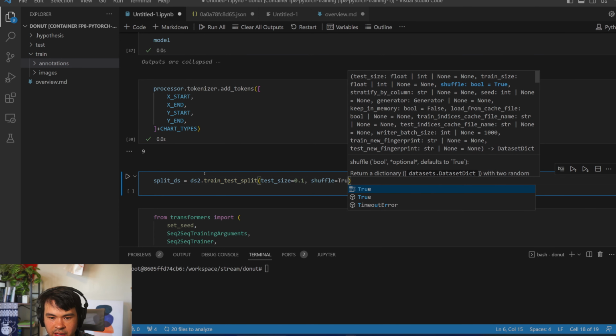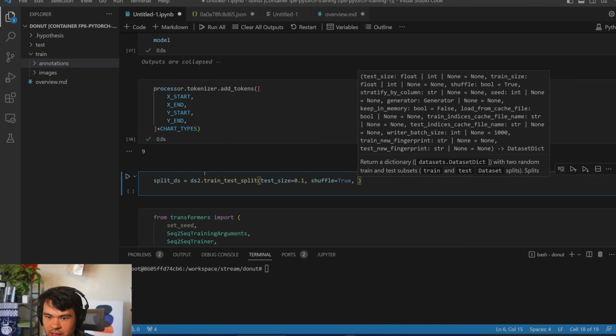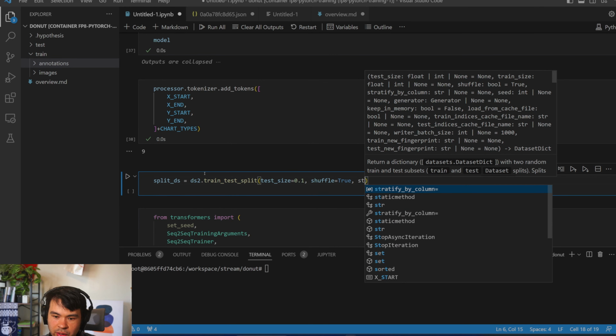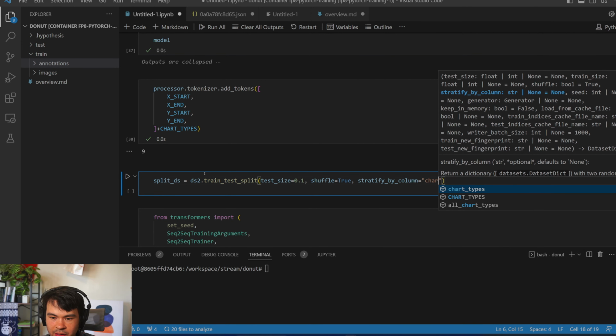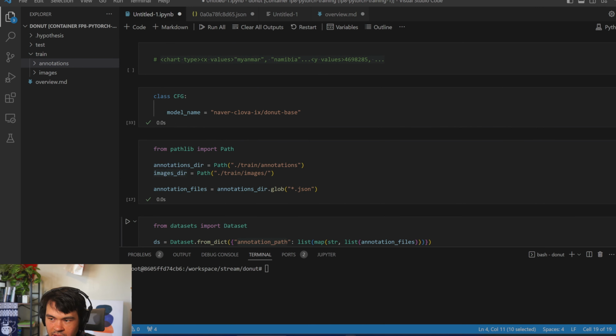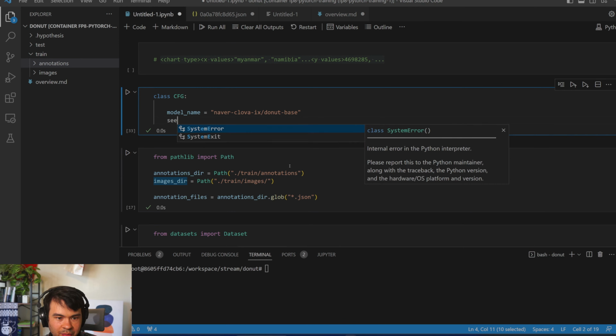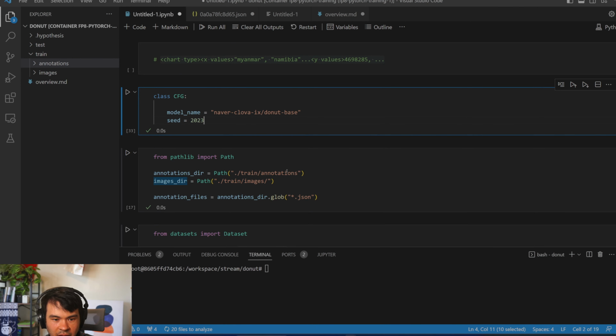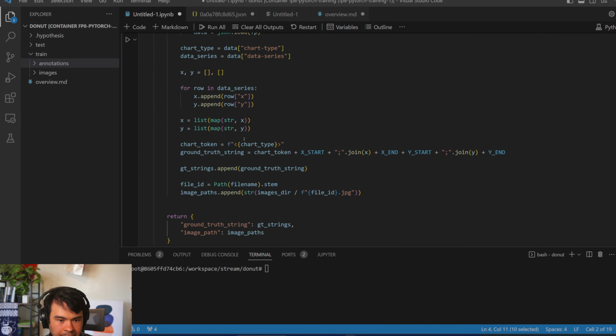Let's shuffle it, and we could even stratify it by column. And isn't there a seed? And I'll use the seed that I set in my configuration. So let's come up here, and we'll just use the current year. Okay, but